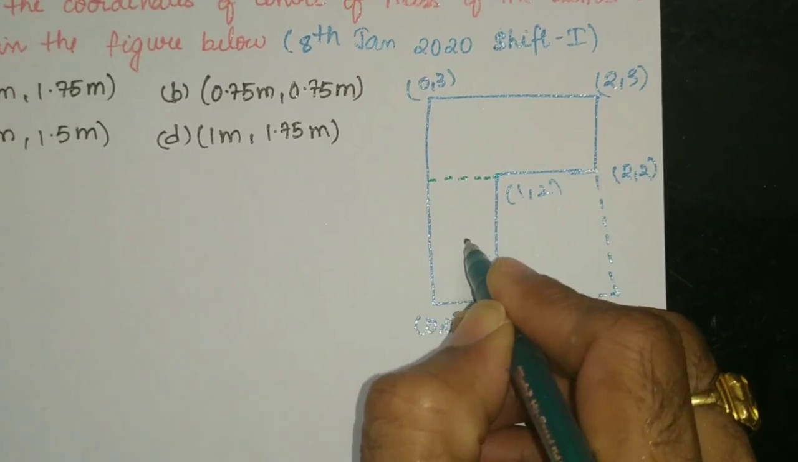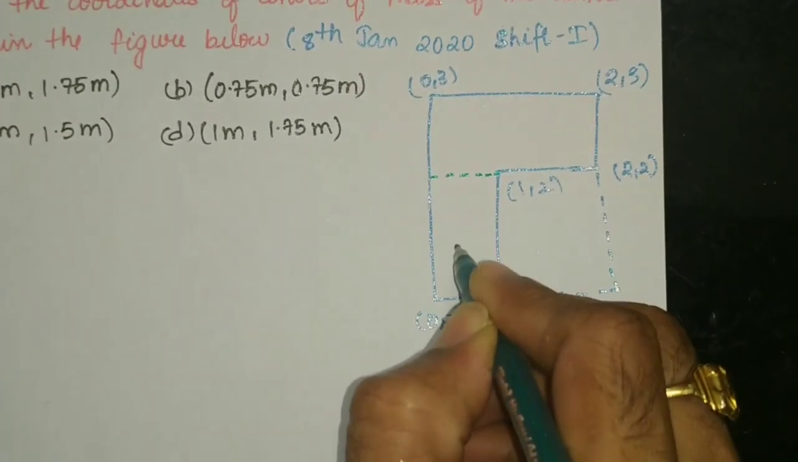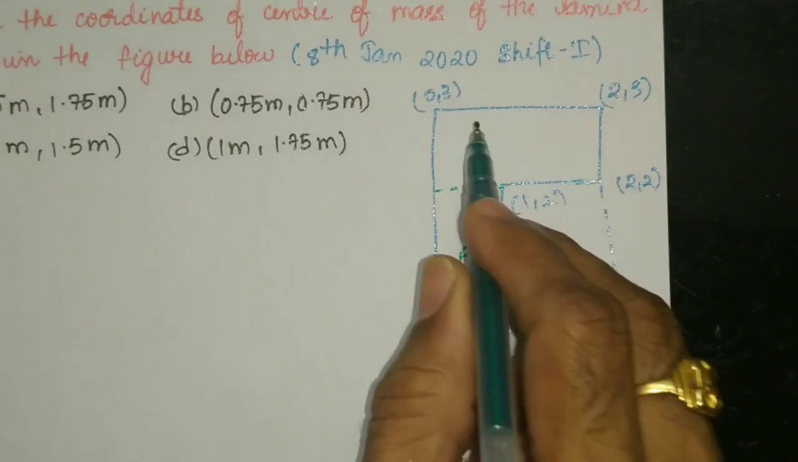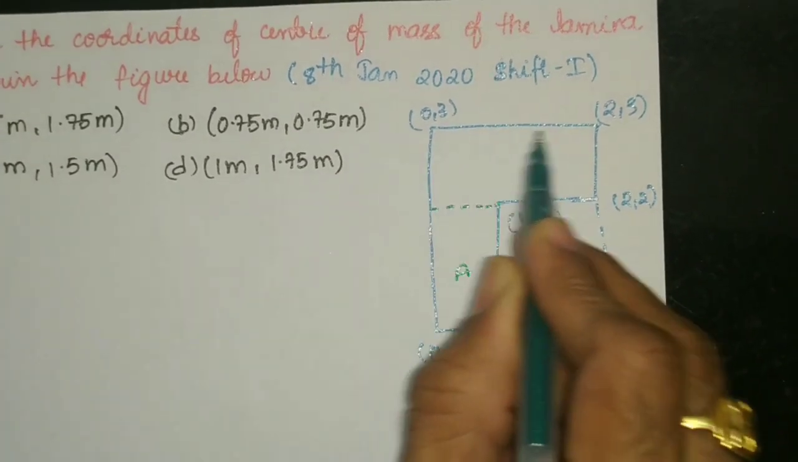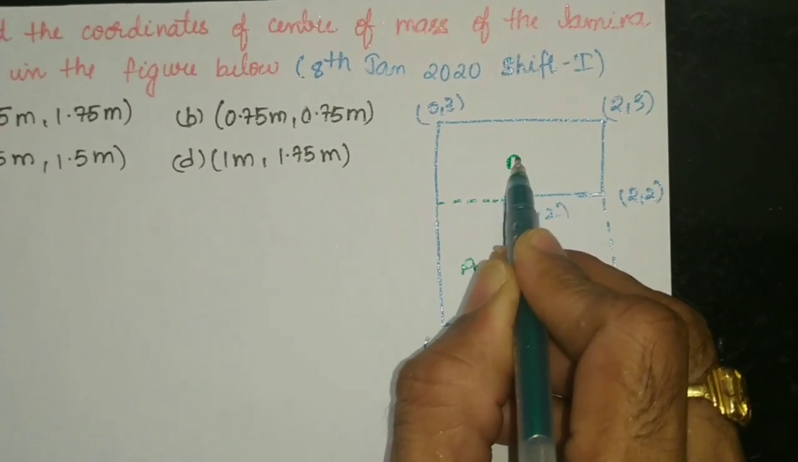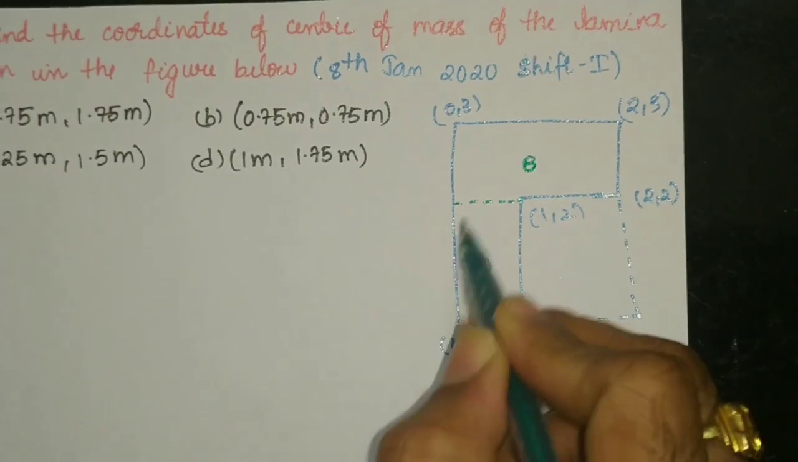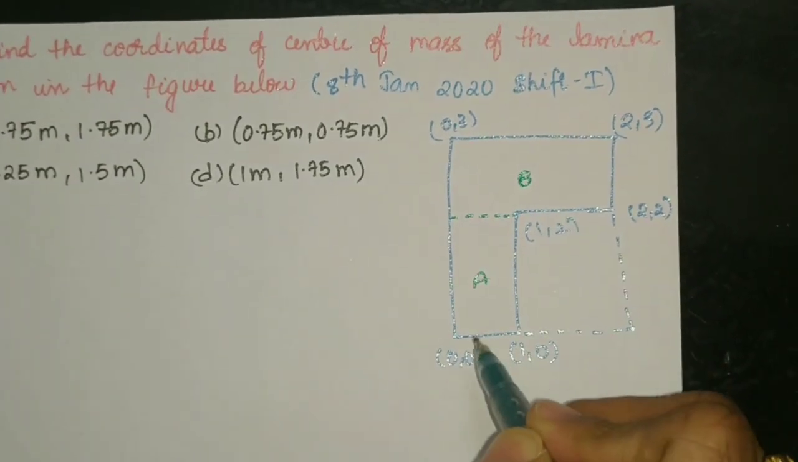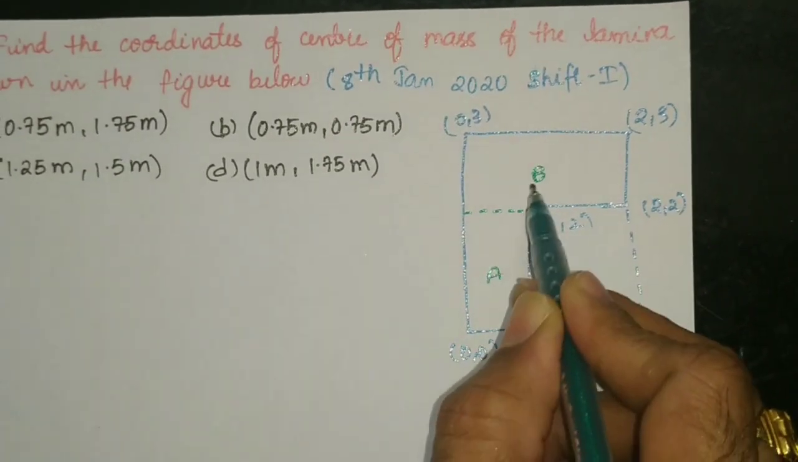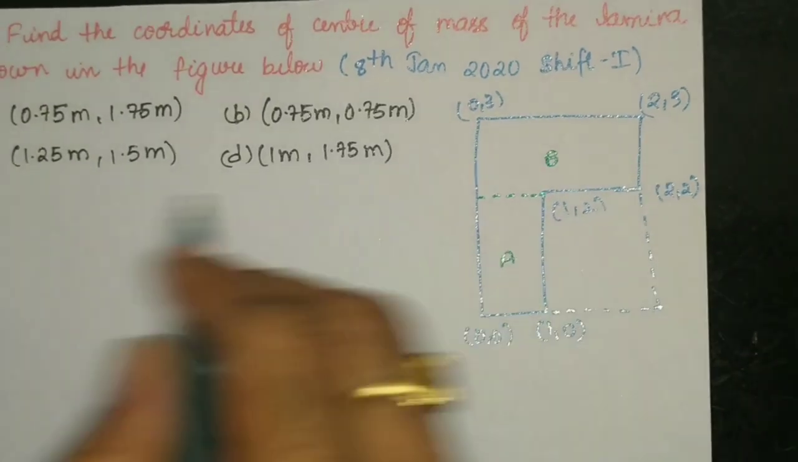The lower one is a rectangular strip, let it be A. The upper one is another rectangular strip, let it be B. We divide this L-shaped lamina into two rectangular strips A and B. So, for A,